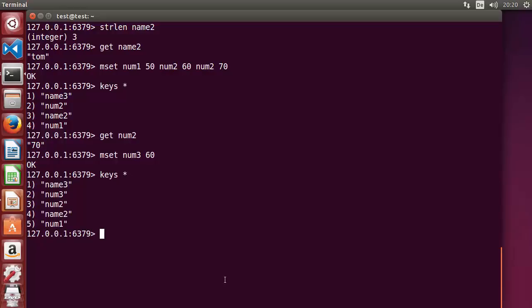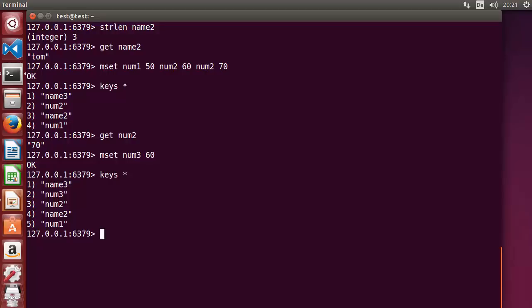Now if you want to set the expiry in millisecond, there is a command called PSETEX, and then it takes the value in millisecond. You can see in the IntelliSense also, right? So I'm not going to set any value here, but I just wanted to show you this command also exists, which will take the value of seconds in milliseconds, right? So this is PSETEX. Okay, now there is one more command which is called DECR and INCR, which we use